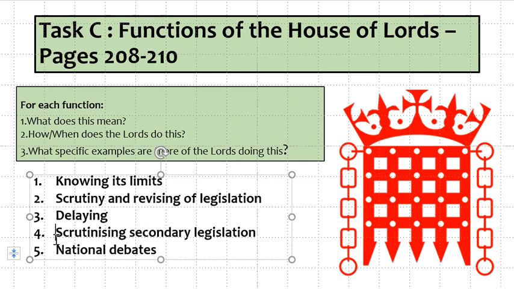These are powers that ministers and the executive have taken for themselves from previous pieces of legislation, but they still need to be scrutinised. The government may take actions without the Commons having to give approval, but those powers may not necessarily be being used correctly, and that's something that the Commons don't always have the time to look at. So the Lords take on that function.